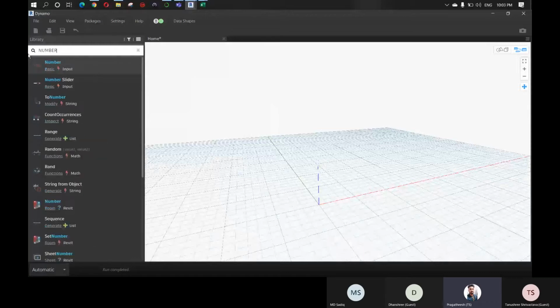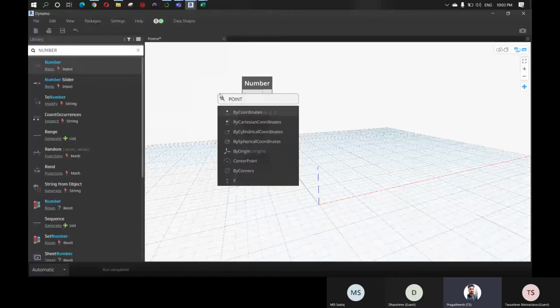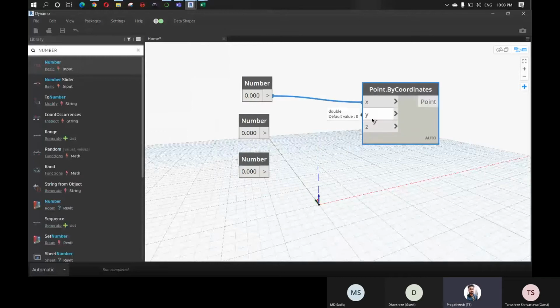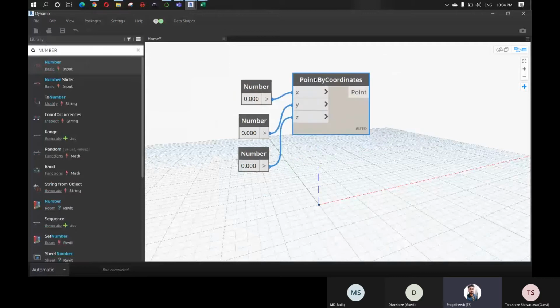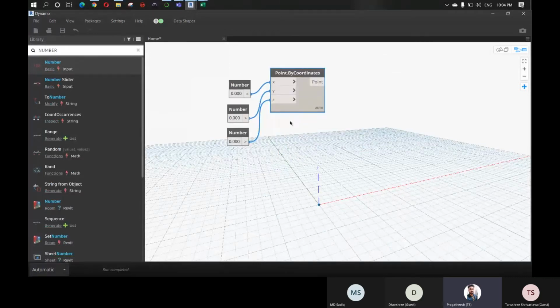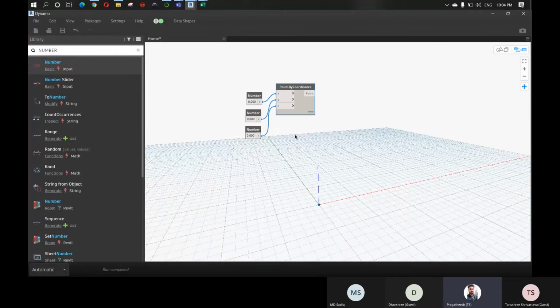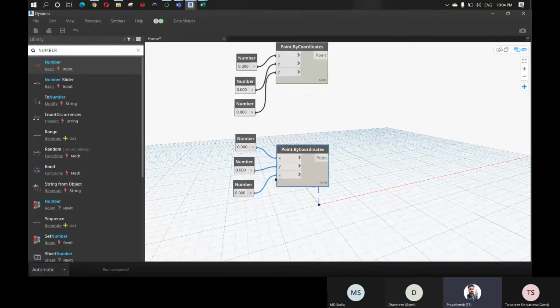First we can introduce a number node. Next, point by coordinates, so I'm just giving x, y, and z. So this is the first point, and I want another point, which is 10 in x, and in z let it be 10 as well.